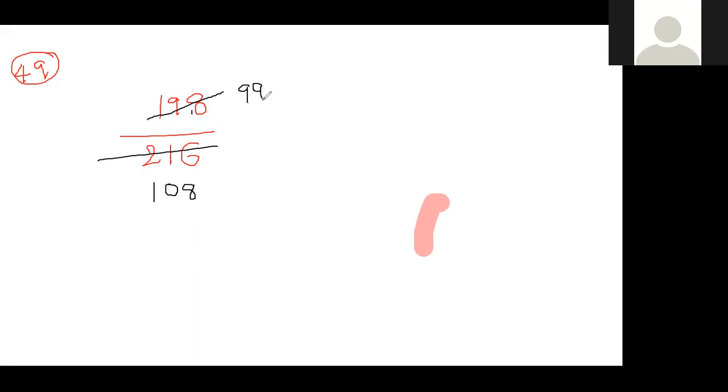Again 2 nines are. And this number goes in which table? 3 table, because 1 plus 8 is 9 and this is 99. You know that it goes in which table? 3 table. Just cancel it. 3 threes are 9 and 1 here. 3 sixes are 18. In a similar way here also, 3 threes are. Again do the same cancellation in which table? 3 table. 3 ones are, 3 twos are. Here 3 ones are, 3 ones are. Finally, how much is your answer? 11 by 12. That's the answer.